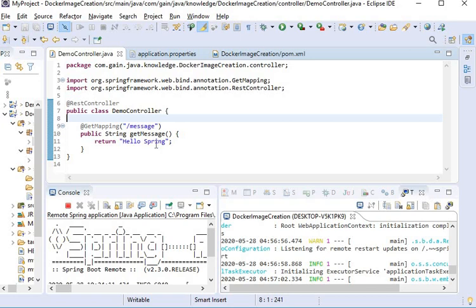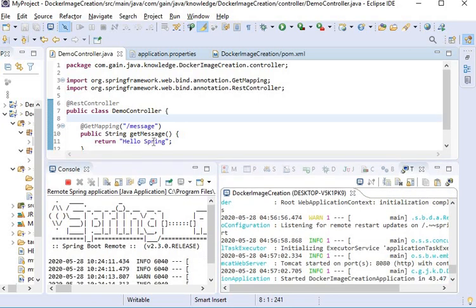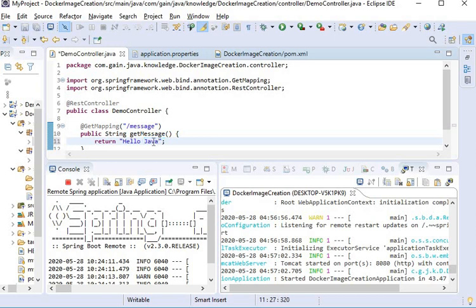inside my controller I will do some changes. Hello Java, and click save, and now you can see the changes in our image also.